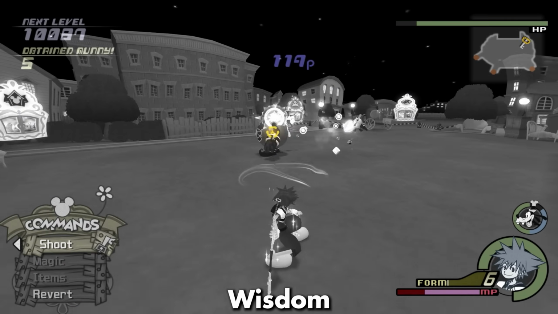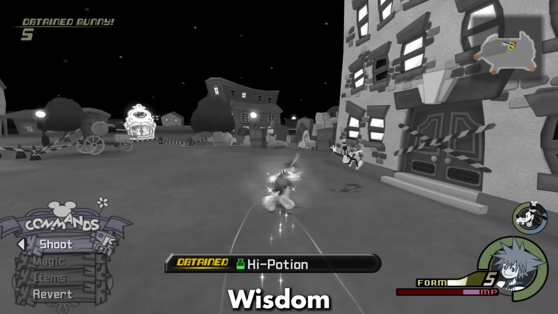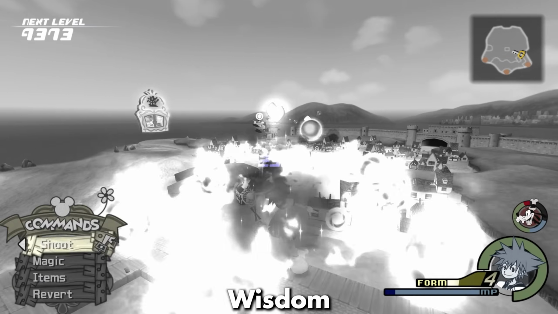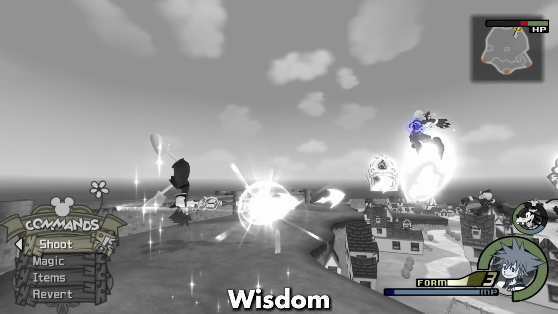As you level up Wisdom Form, you can make your way through more areas to farm more Heartless. Just be sure to keep an eye on that drive gauge. When you're getting to about 1 gauge of drive left, head out to Cornerstone Hill and leave the world through